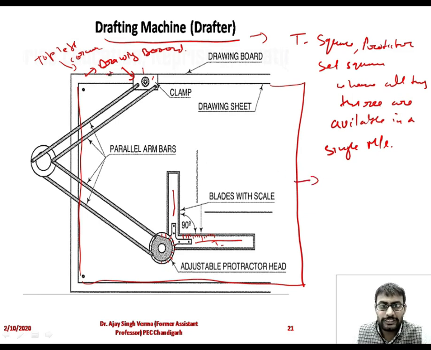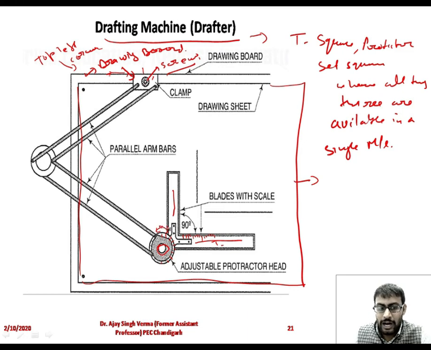As shown in the figure, one end is clamped at the top left corner with the help of the screw mechanism. We tighten the screw with the help of hands. We can easily fix it at the top left corner. Second, the other end is an adjustable head having the protractor marking fitted in. We already talked about this protractor marking and this adjustable end. We can move it in any direction at a particular angle.